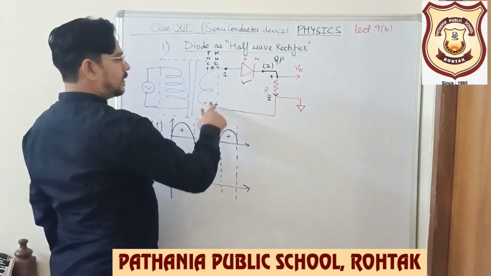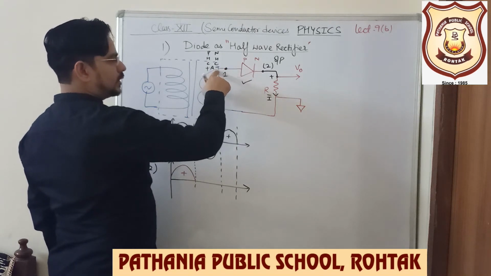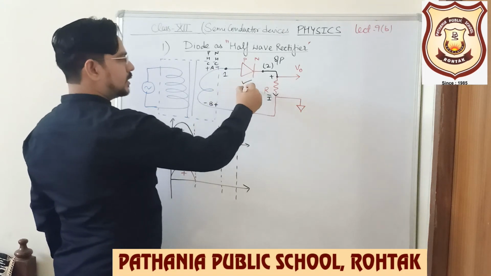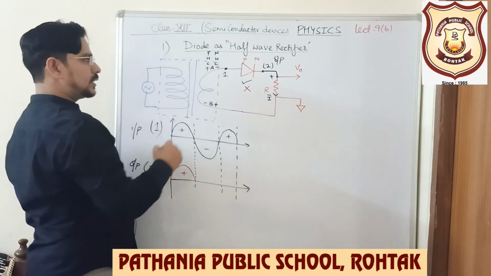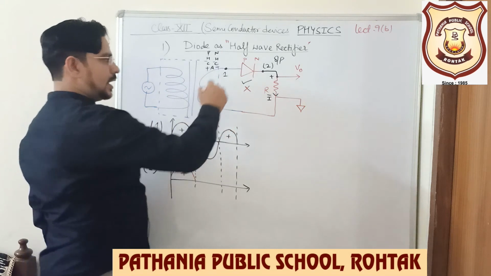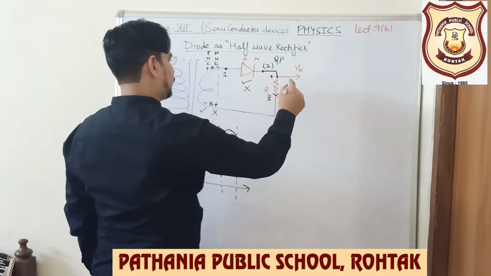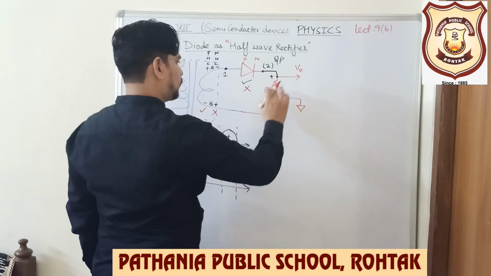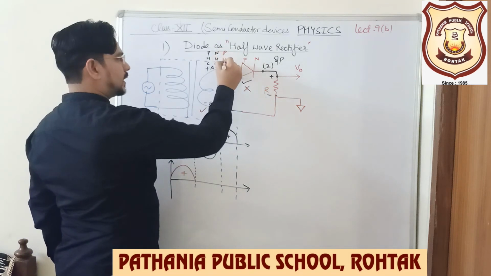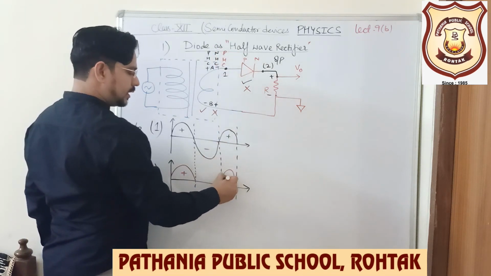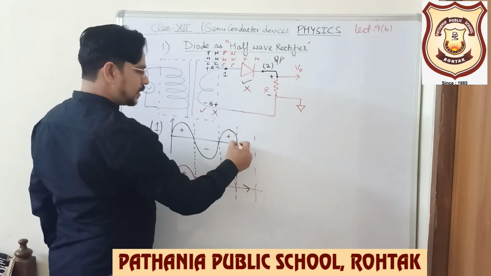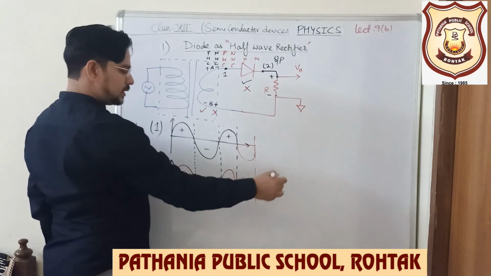Now what will happen when the negative half cycle comes? The P type of the diode is now connected to negative and the N type of the diode is now connected to positive. So the diode is in reverse bias condition, and now the diode will not conduct. So in the positive half cycle your diode will conduct, while in the negative half cycle your diode will not conduct. And if your diode does not conduct, no current will flow through the circuit and there will be no output. So in place of the negative half cycle, no output. Then again when the positive half cycle comes, it comes as it is in the output, and again when the negative half cycle comes, there will be nothing available in the output. And so on, this circuit will continue.